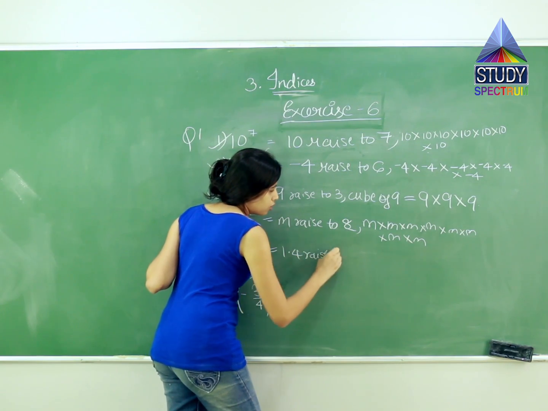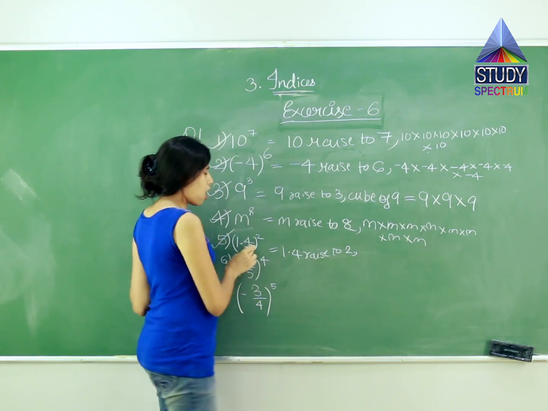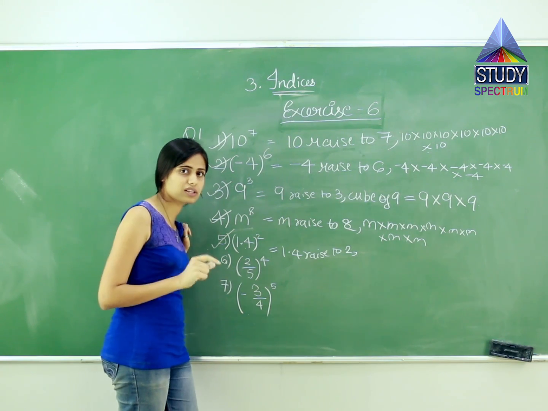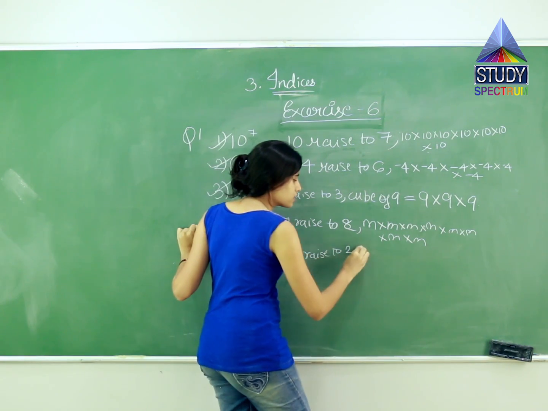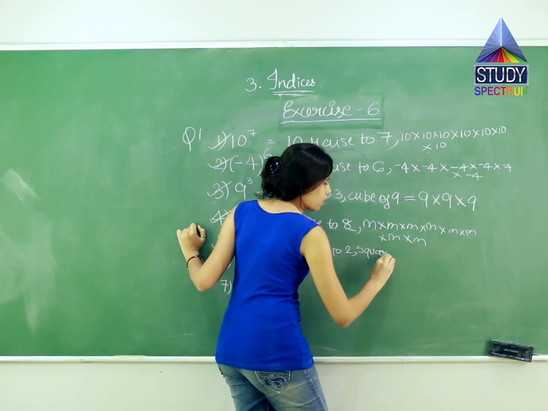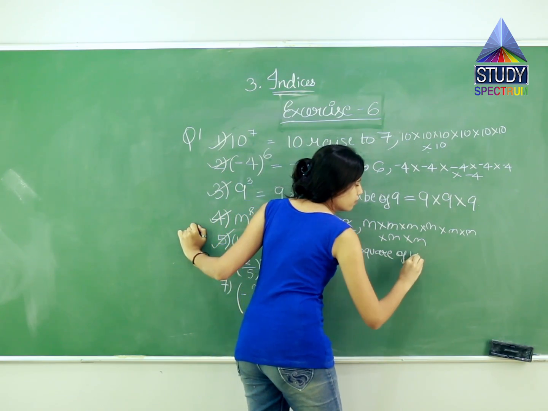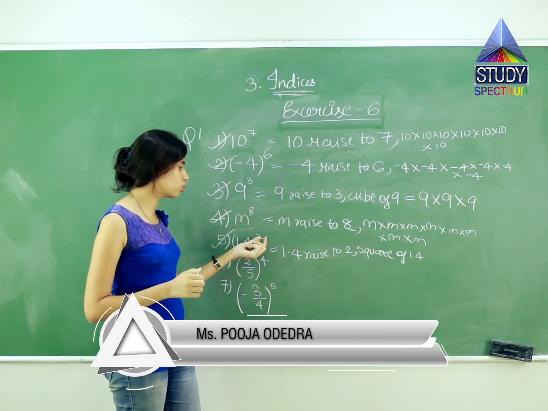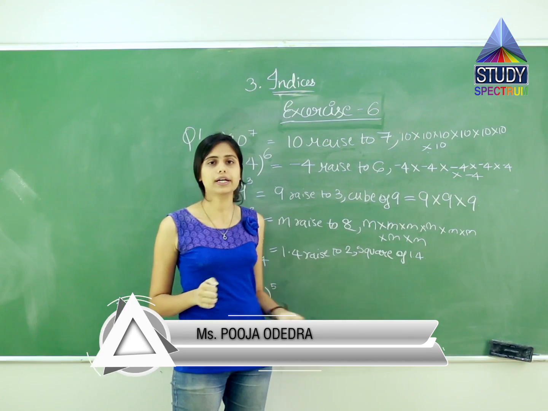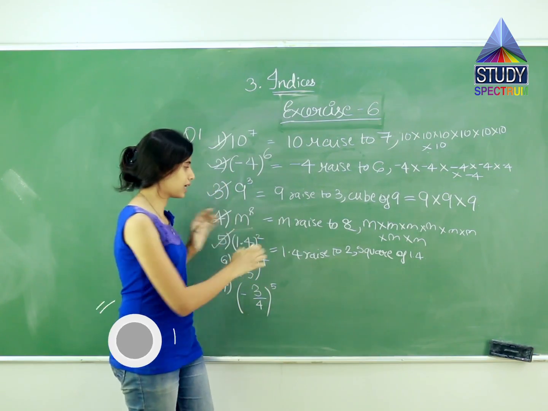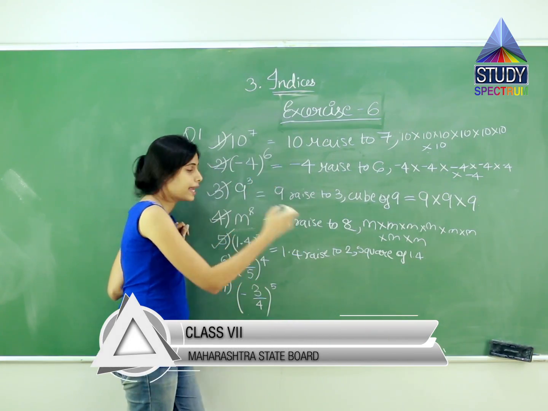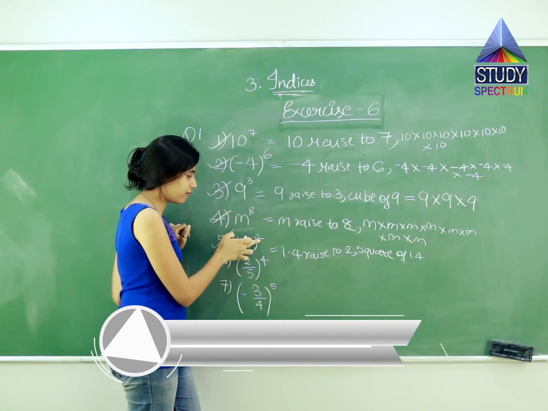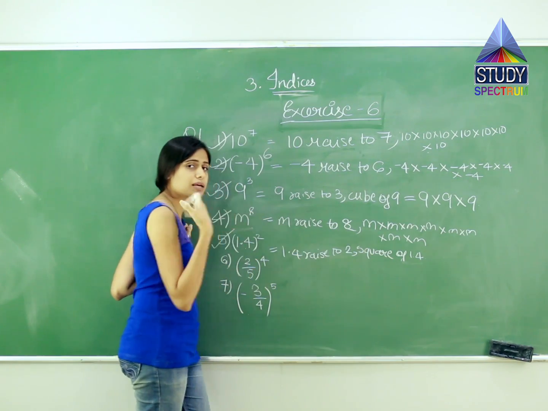Raised to 2. And what is the second form? I told you that 2 and 3 are given a special characteristic and special word. Square. Over here what we will write is square of 1.4, because we have 2. 1.4 raised to 2. So what will we do? We will write 2 as square. Square of 1.2, because over here see raised to means the number above. While writing in this format, square or cube format, we will write the name first. Over here we will write 2 first. So what is the similar name to 2 given?